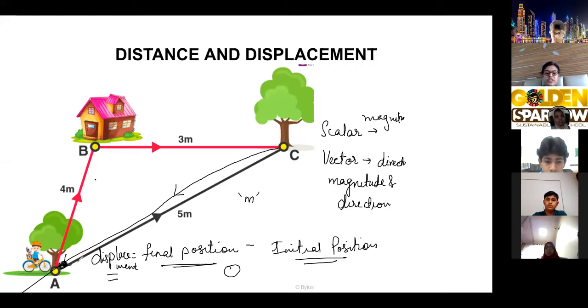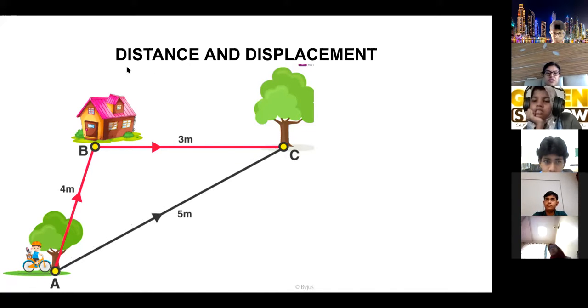Okay. Only thing is displacement is a vector quantity, because whenever you are mentioning displacement, you will have to say the direction also. Distance के साथ you don't need any direction. Just distance you will say 7 meter, 12 meter is the distance covered. Okay, so distance is basically the total path taken by the object, and displacement is the difference between the initial and final position. And so many differences are there for distance and displacement. I'll just show you.